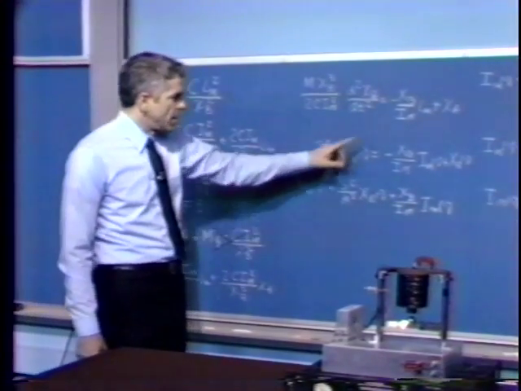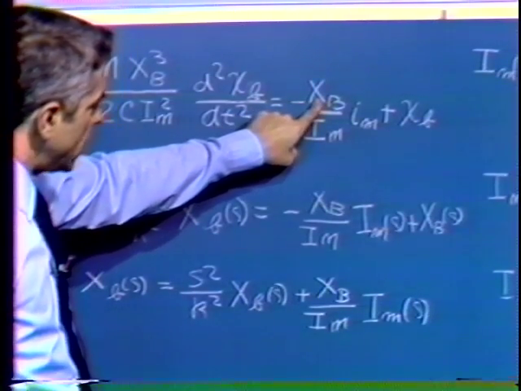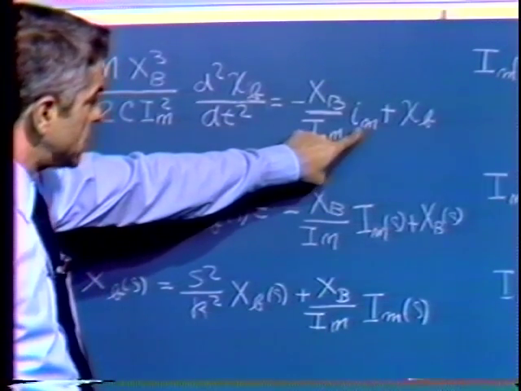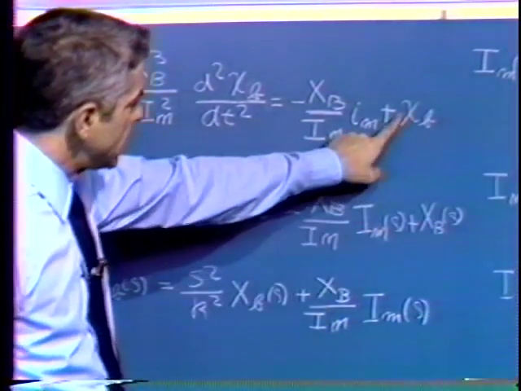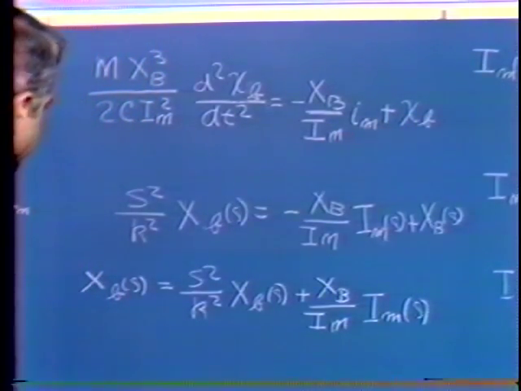Again, when we do the multiplication, we get a coefficient here that's minus operating point value of ball position divided by the operating point value of the current times incremental changes in current, and then finally plus the incremental changes in ball position. We can then transform that equation,